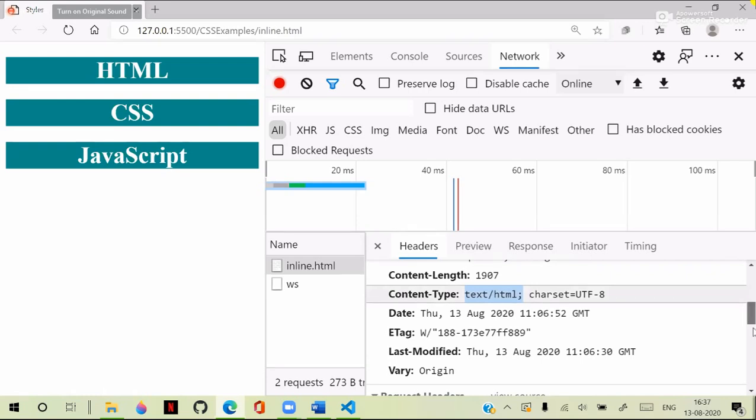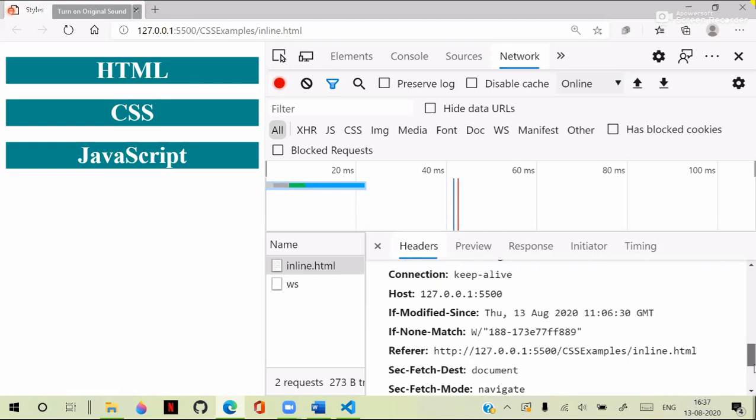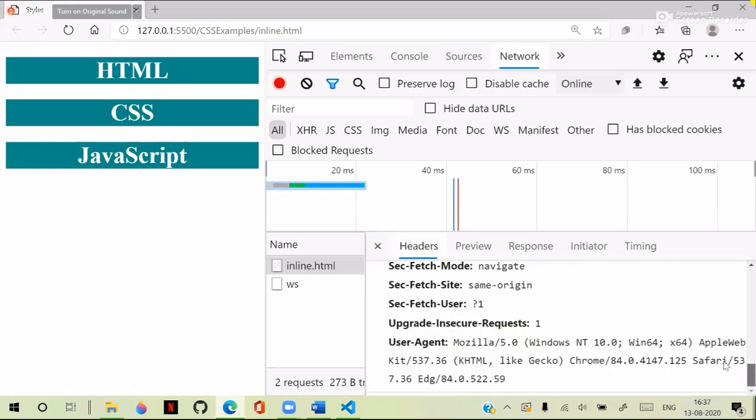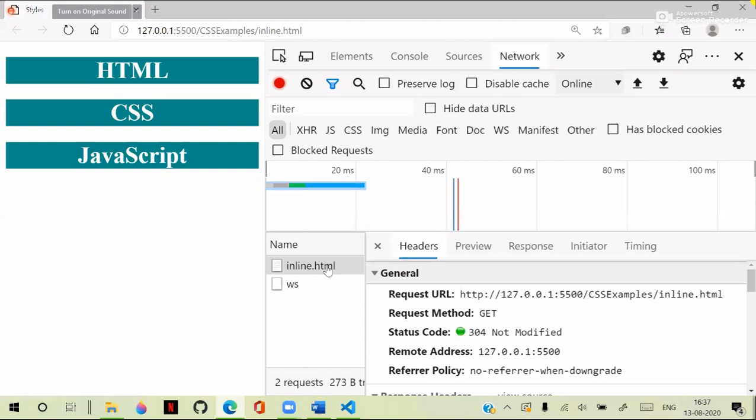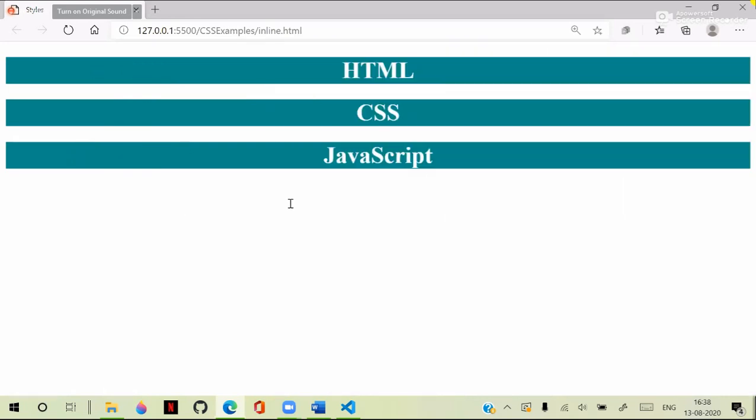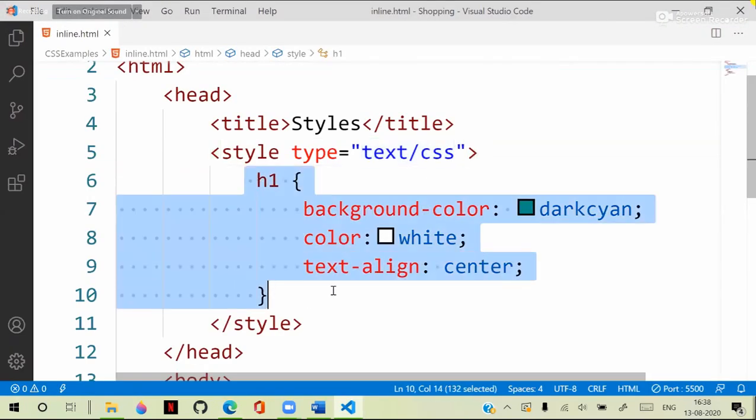But one problem the browsers can face here is, with the number of requests, only one HTML request is coming. What browsers can face is, browsers sometimes can ignore this code that you have written due to the recognition. That means they cannot recognize the code you have written. So this should not happen. To avoid this, it is always good to define the type as text